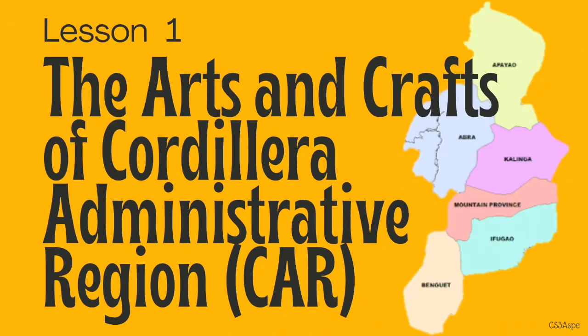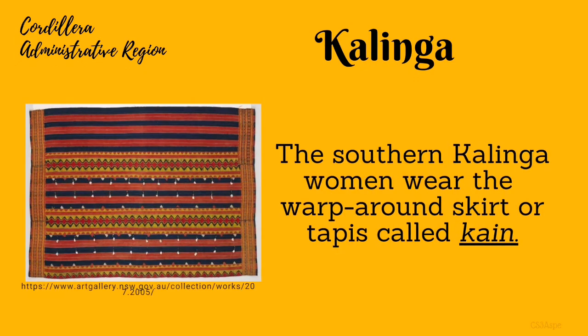Next, in lesson 1, you will get to know the different arts and crafts of Cordillera Administrative Region, particularly in the provinces of Kalinga, Ifugao, Mountain Province, and Abra. The natives of Kalinga are skilled weavers. One of their finest products is their textile, which is characterized by red stripes and white, yellow, and black geometrical patterns. The Southern Kalinga women wear the wraparound skirt or tapis called kain,